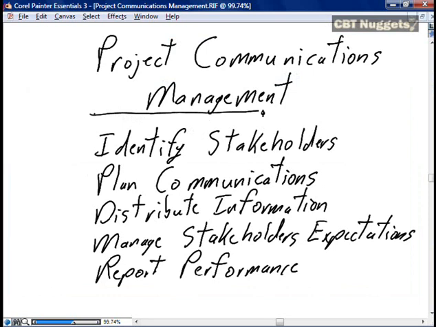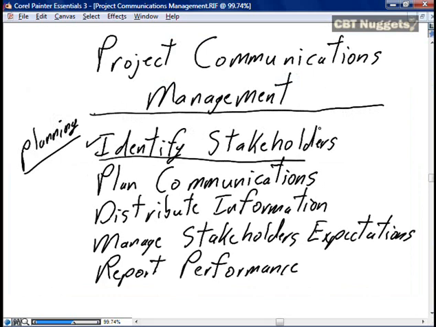This concludes our first of two nuggets on communications management. This nugget was focused on planning. In this nugget, we examined the new process area from this release, which is identifying the stakeholders, doing our stakeholder analysis, and determining the management strategy for ensuring the effective inclusion of each and every one of those stakeholders into our project,